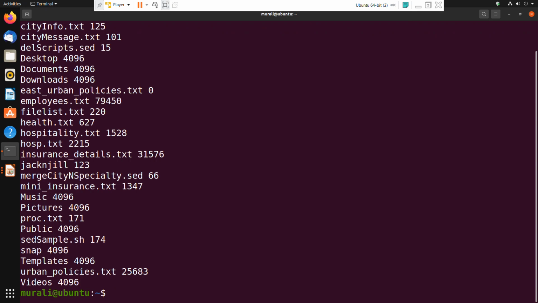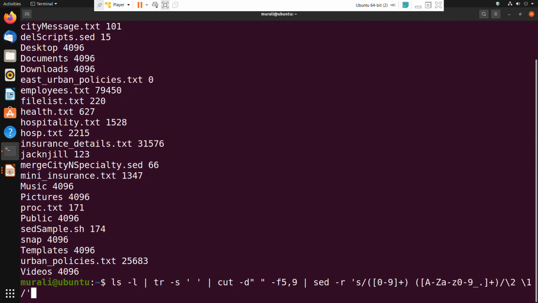Let us see. Yes, is it not displaying the names of the files and then their sizes? For every file it displays the name of the file and then the size, whereas the cut command's output would have been the size of the file and then the name of the file. But here, using remembered patterns, I know that in the output of cut it will be first the size of the file.